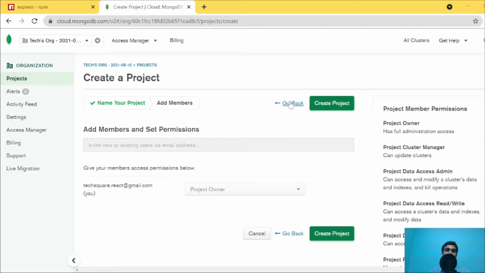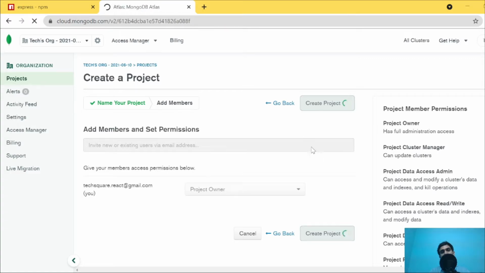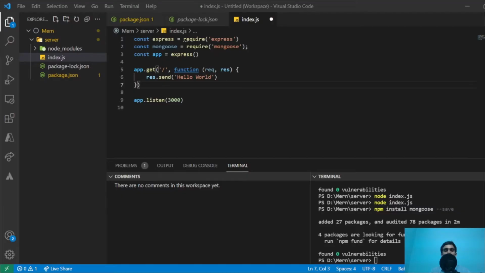I don't want to invite anyone, and you can just click on create project, and so the project will be created. It will be taking a long process where it will be initializing the clusters and everything. So we won't be wasting time in that. Instead, we'll be going to VS Code again,